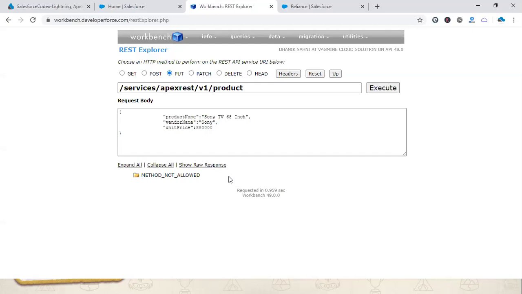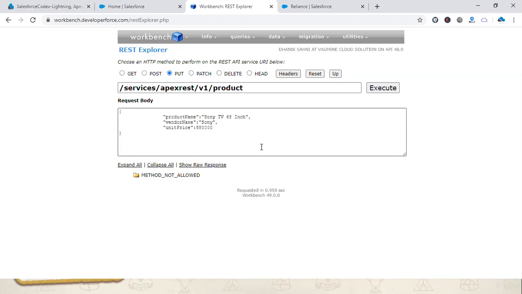So that's what I'm telling you. Post is for when you are sure that whatever request we are giving is for insertion only, for creation only. Every time you give a post request, it will go and create a product, or whatever you want. But put is for multi-purpose.